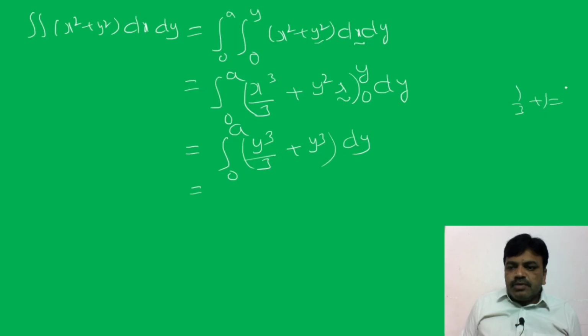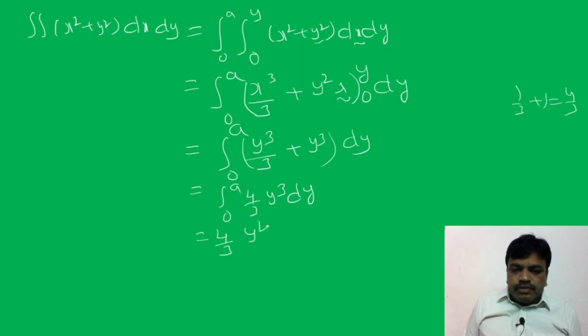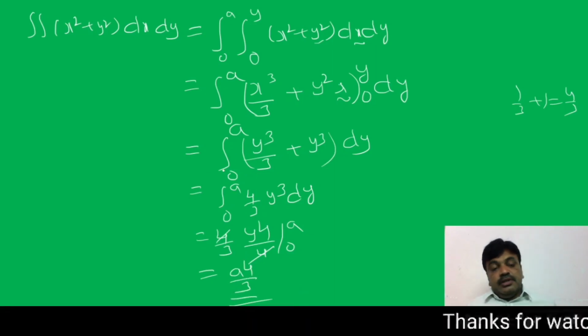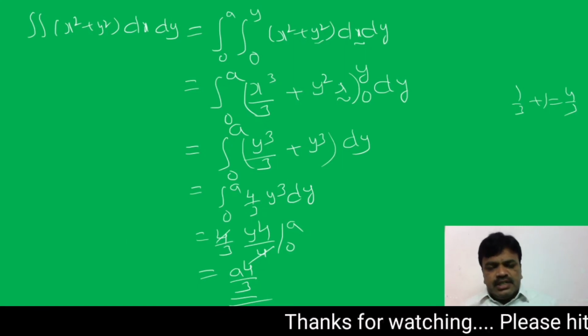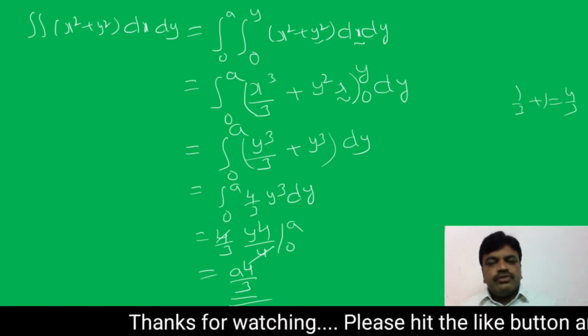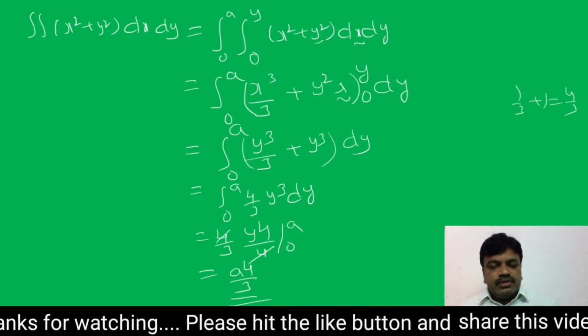That is equal to 1 by 3 plus 1, so we get 1 plus 3, 4 by 3. So we get the integral 0 to a of 4 by 3 y cube dy, that is equal to 4 by 3 into the integral of y cube, which is y power 4 by 4, between limits 0 to a. So the 4 cancels, and we get a power 4 by 3. See, friends, how we can evaluate this integration easily. That is the advantage of double integration. Once again, friends,